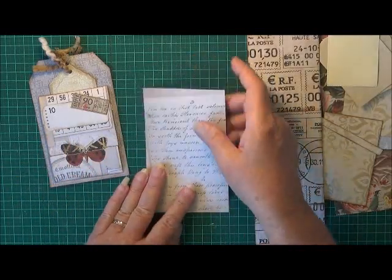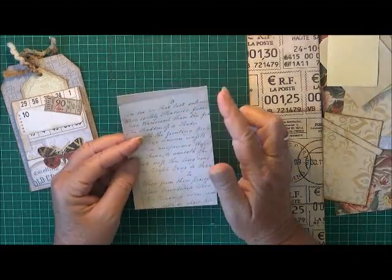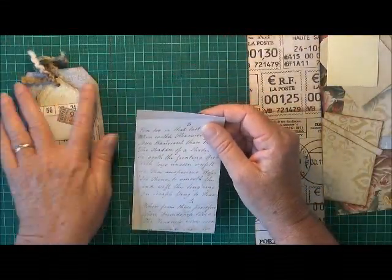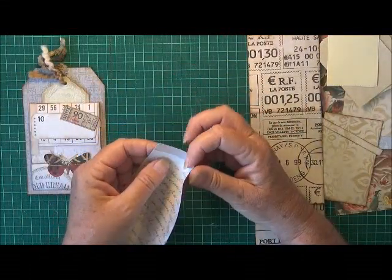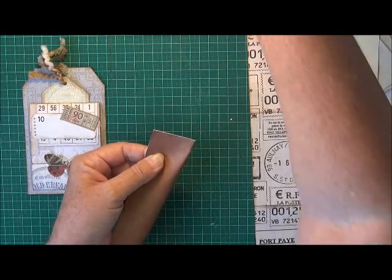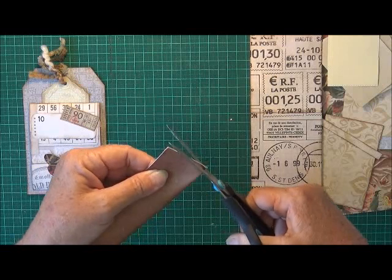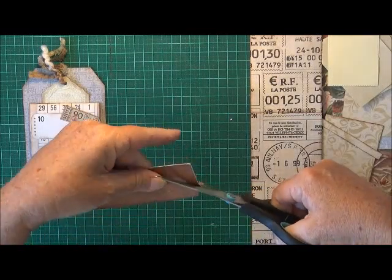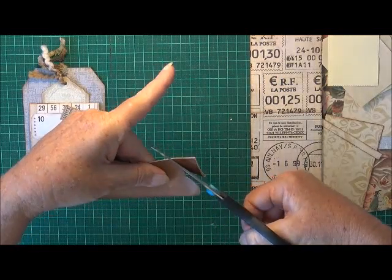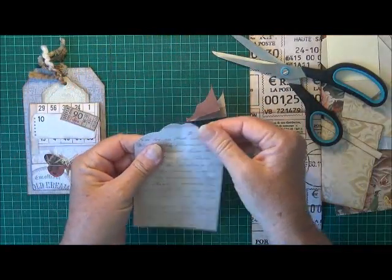So what you start off with is your tag size, and my tag size is 3.5 by 5.25 inches, and I have cut the sides there. So I thought with this one I might just do a hand decorative cut. So I'm just going to go down and cut my corners just a little bit different with this one. So there's the top of my tag,